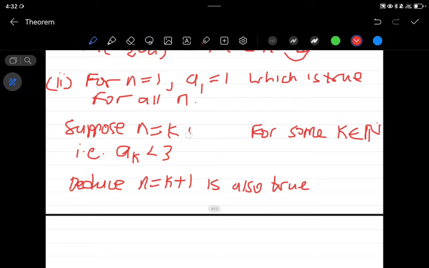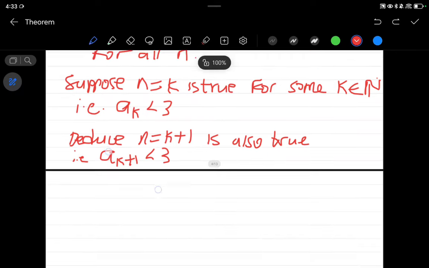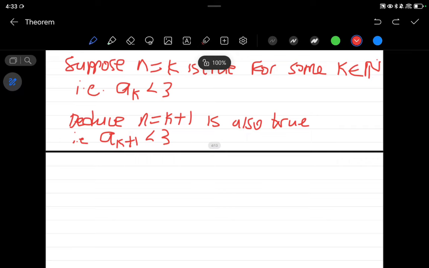You can see this is true for some k. Then to deduce this, I'm going to say, i.e., I have a of k plus 1 is also less than 3. I just exchange that by k plus 1. Then now what I should do, every time you're working with inequalities, you should start from the assumption